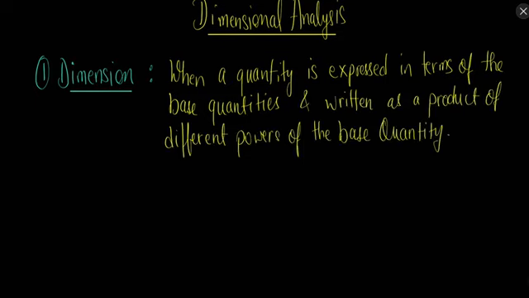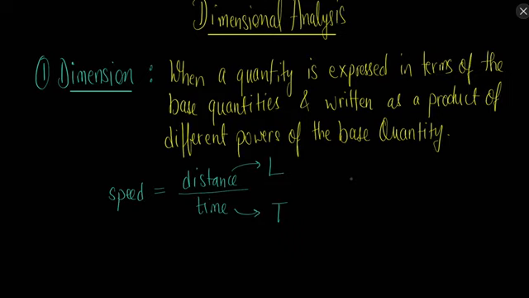So for example, let's say what is the formula of velocity, or let's say what is the formula of speed. Speed is distance upon time. Now what is a distance? Distance is just a length. And what is time? Time is time. Okay. Here I can write speed as the quantity which can be expressed in base quantities which are length and